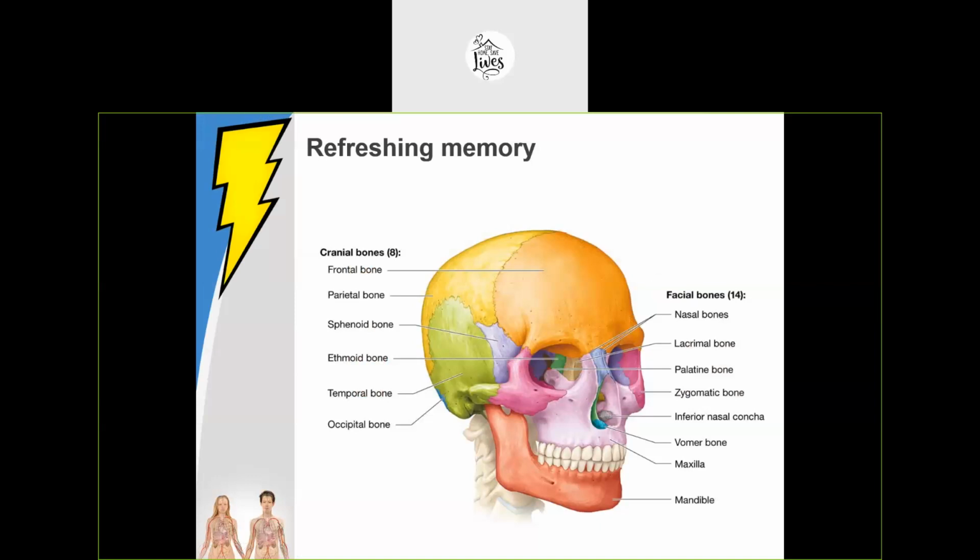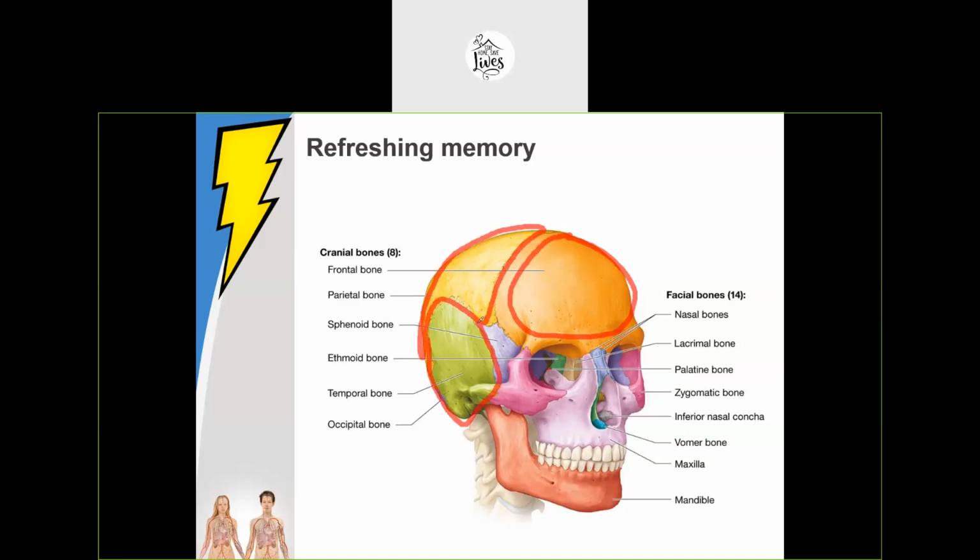Just to refresh your memory, I'll list again the cranial bones that are making up the skull, as well as the second part of the skull, that is the facial bones. Starting from the cranial bones, I said that it is made up of single as well as paired bones. The single ones are the frontal bone making up the forehead that we discussed last lecture. The parietal bones are actually the paired bones that we can find one on the right and one on the left side. Another paired bone is the temporal bone that we can find on the